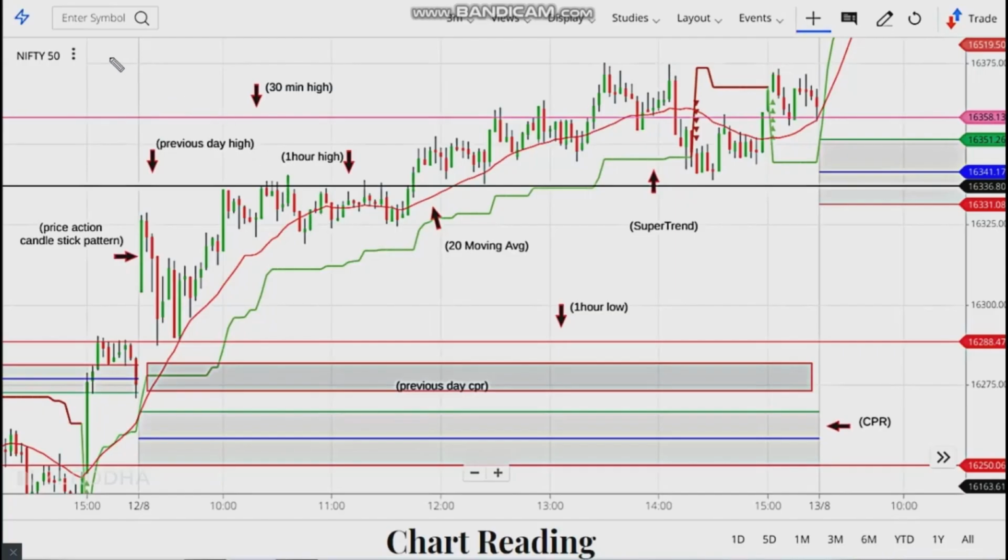So once we have put all the indicators in the chart, it will look something like this. Have a separate window for Nifty 50 indices and Bank Nifty indices. It might look crammed, but trust me, each and every indicator is important in analyzing our market. So let's go forward and see how